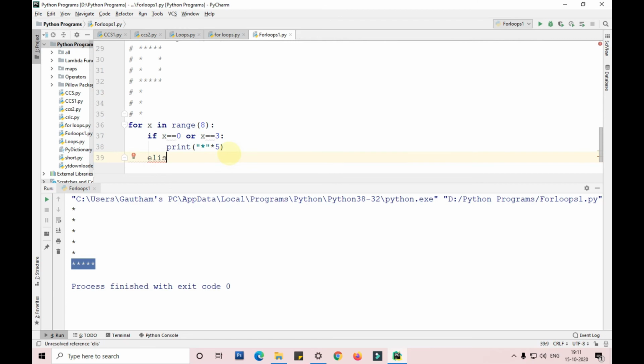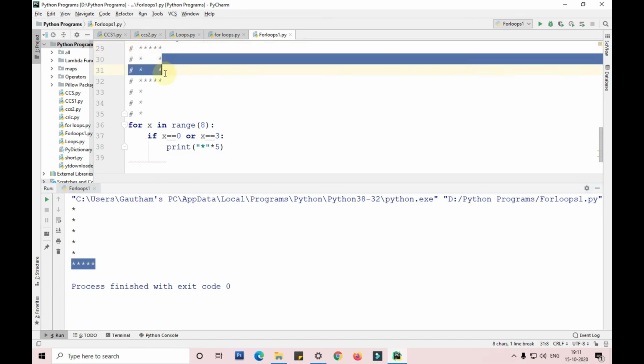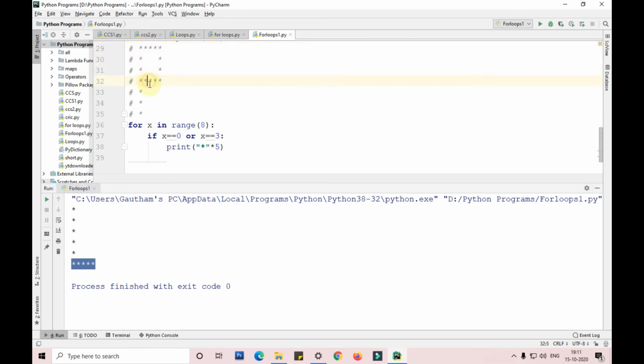Elif. We'll be using elif, guys, because we have to write 3 different conditions. The first condition is this one, the second condition is with 2 stars, then this is again the same condition which is repeated, then this is the third condition.